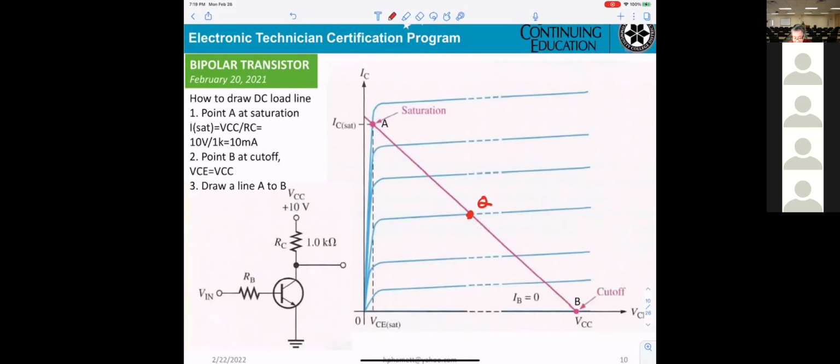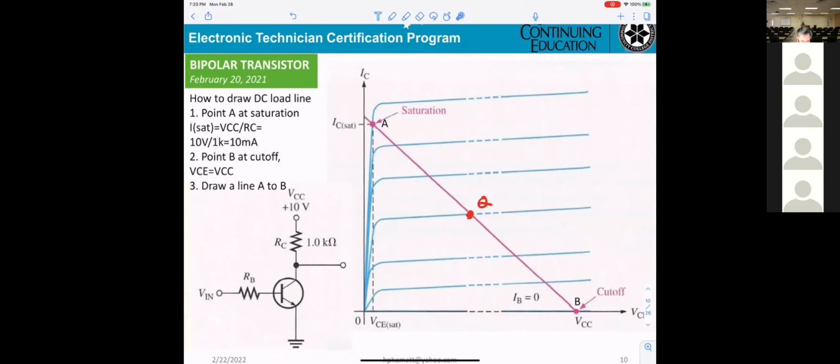However, now I show you how to draw the DC load line. First thing, they say, point A at saturation. Okay? IC saturation equals VCC divided by RC.